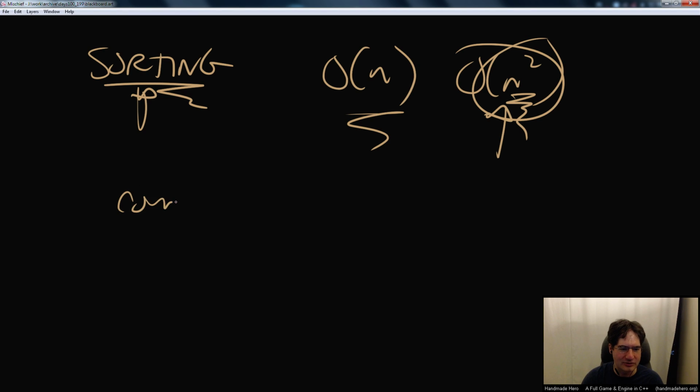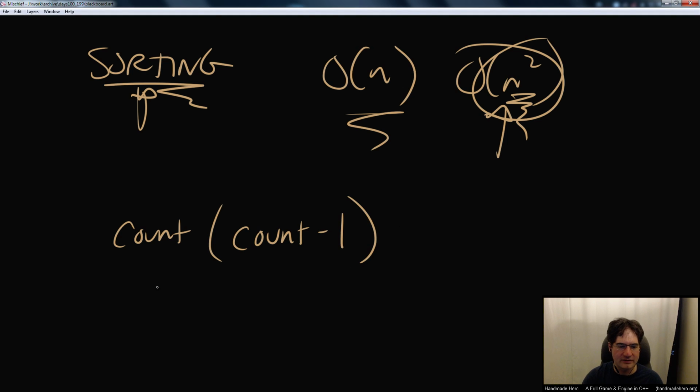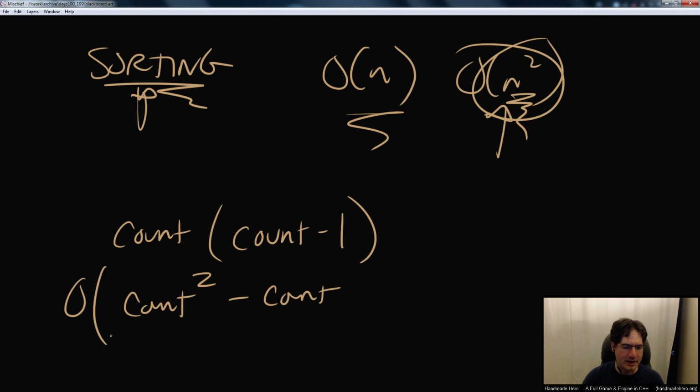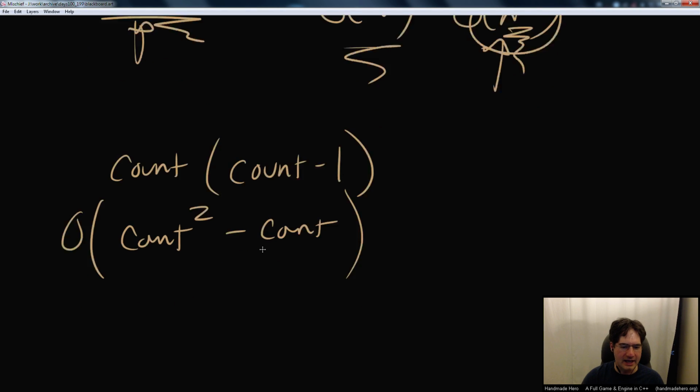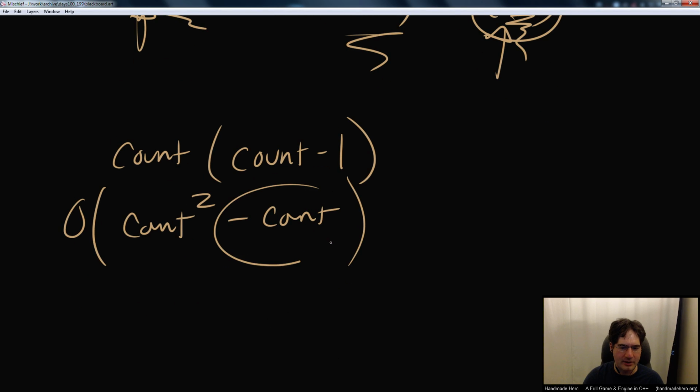We have one loop that goes to count, one loop that goes to count minus 1, right? And so if I'm going to run those two, that means I have to do count iterations of count minus 1 things, or count squared minus count, right? And that means my order is that. And like I said, I don't really care about extras here. I care about the scaling, so I just care about really the highest exponent. So I would just